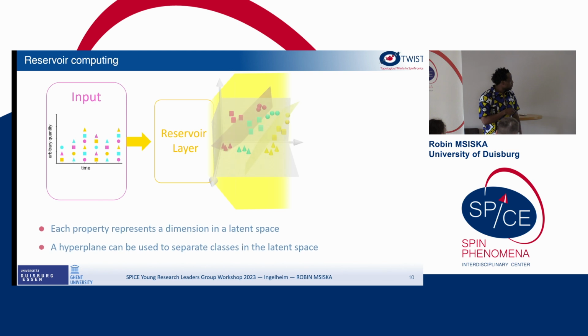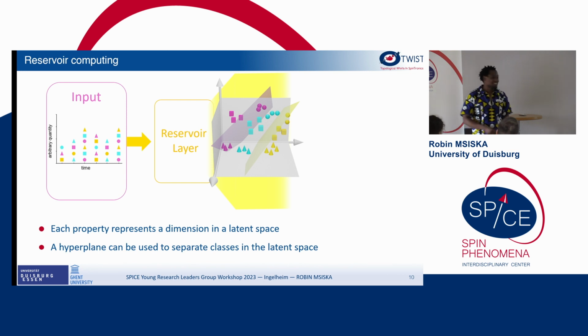You pass this input into a reservoir. What this reservoir will do is project it into some higher dimensional latent space. In this case, similar features are grouped together in such a way that you can use hyperplanes to separate data. Now, looking at this is just a matter of perspective of where you look at this